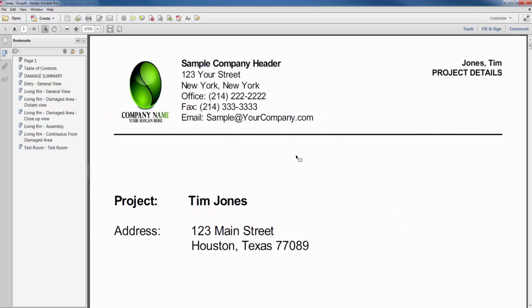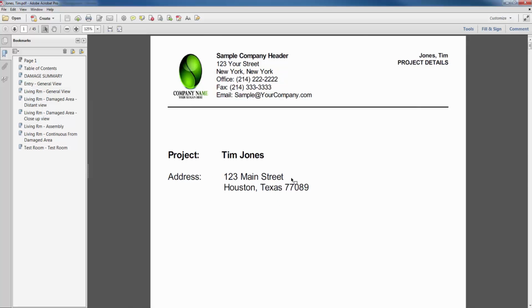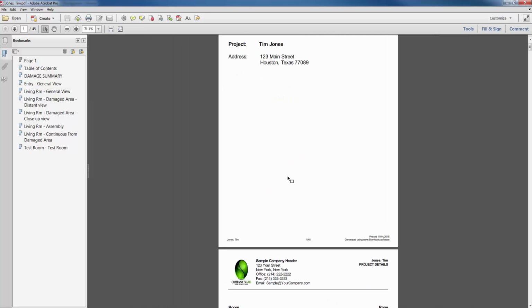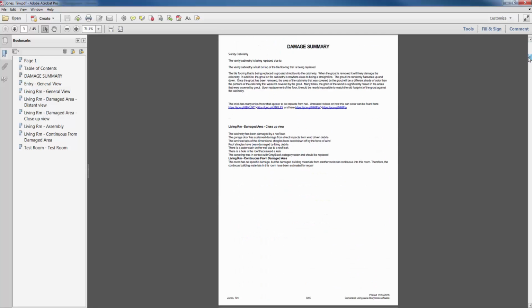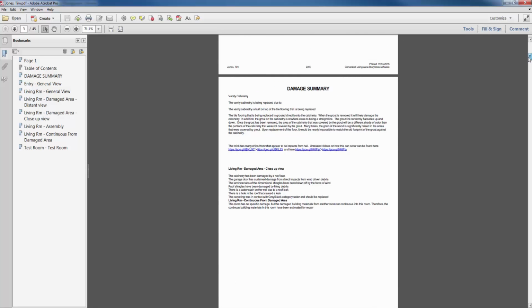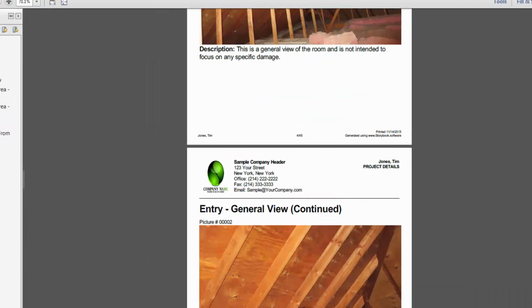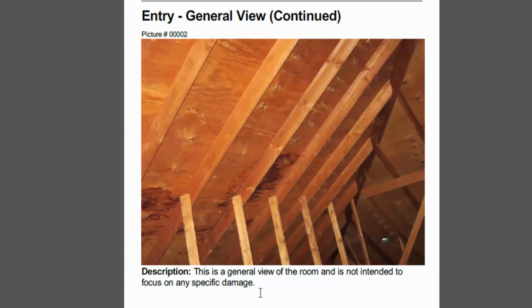Now that the report's been generated, I would recommend you click on the report itself, hold down your control key, use your mouse wheel to go back or forward and find the right size for your eyesight so that you can see as much real estate as possible. You're going to see the damage summary, and then you're going to start seeing the photos and then the tags